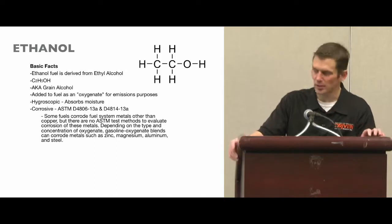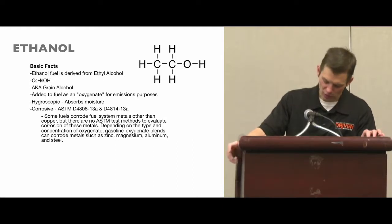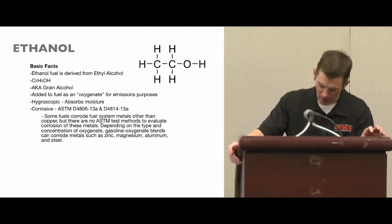They're the guys who set the fuel standards for the whole world. This is verbatim from the ASTM fuel standard. Some fuels corrode fuel system metals other than copper, but there is no ASTM test method to evaluate corrosion of these metals. Depending on the type and concentration of the oxygenant, gasoline oxygenate blends can corrode metals such as zinc,